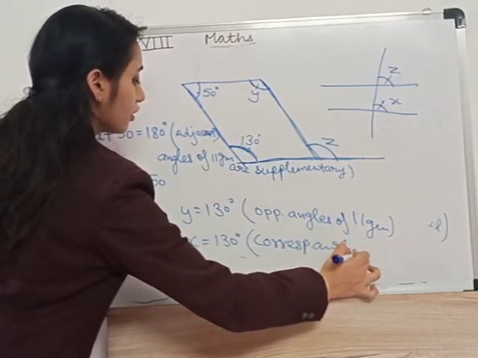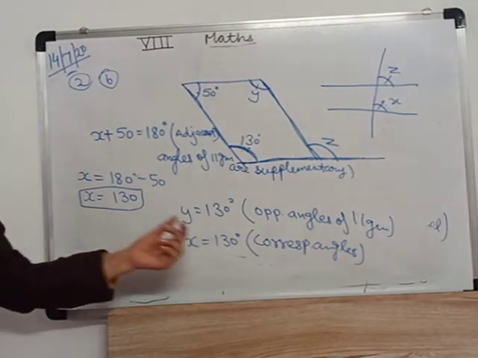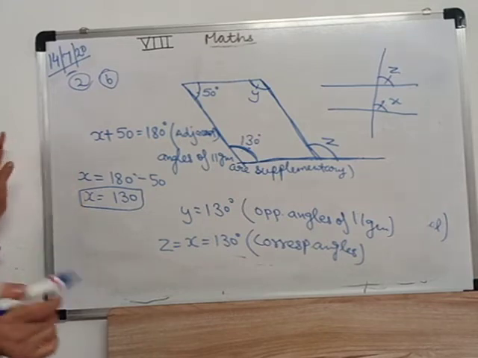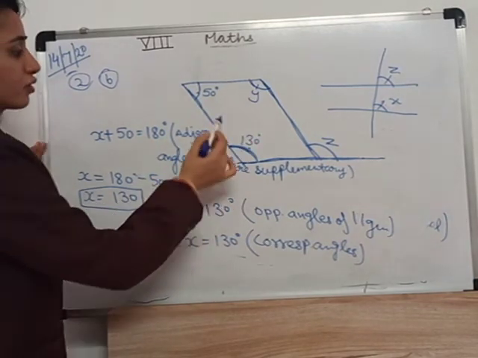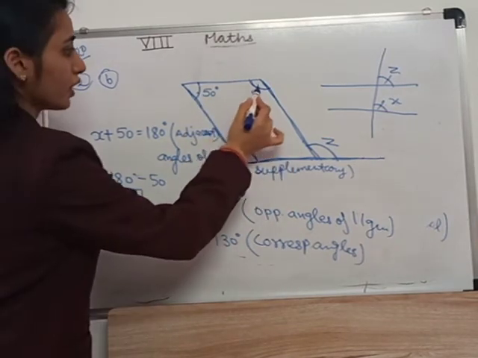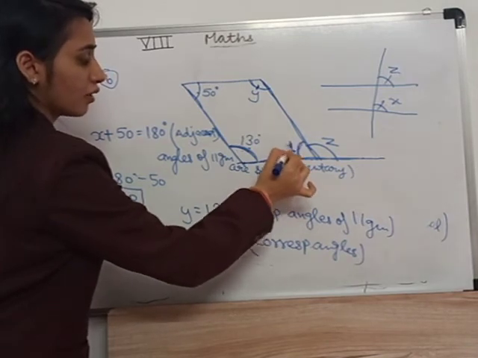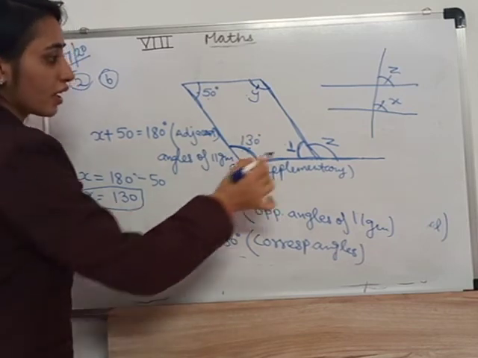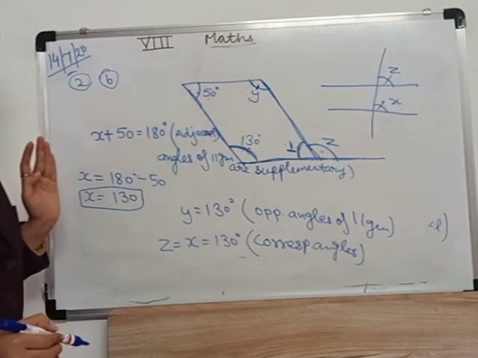If you don't know about these properties, corresponding angles, you skip these properties again and again from your mind. So you can use another formula for solving this question. We know the sum of angles of a quadrilateral is 360. You can find the value of this angle by using the angle sum property of a quadrilateral. Then by using a linear pair, you can find the value of z.